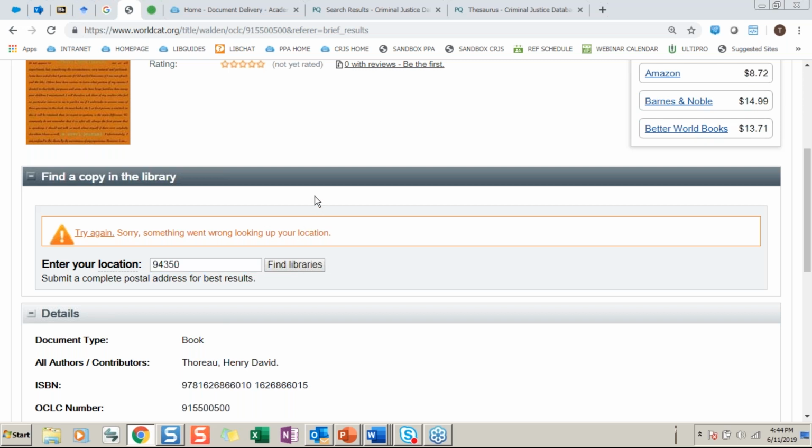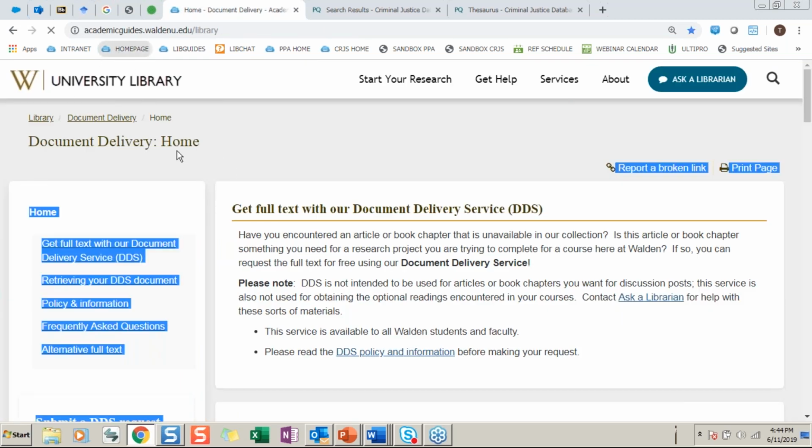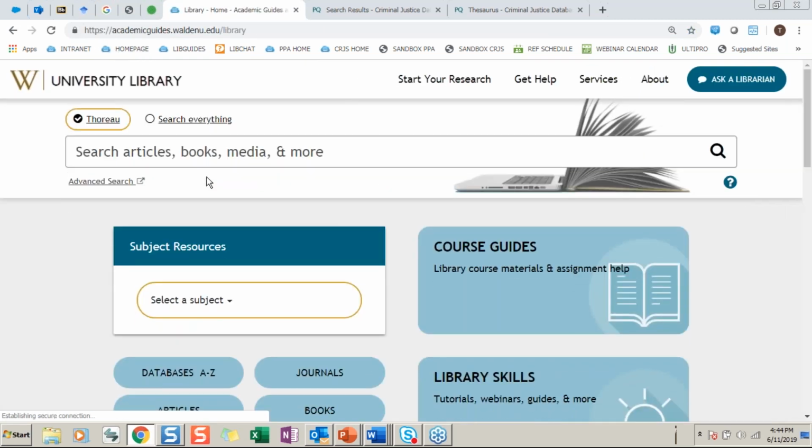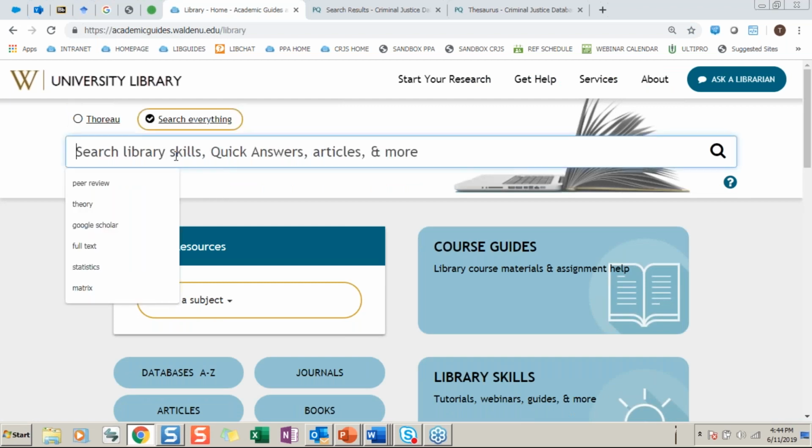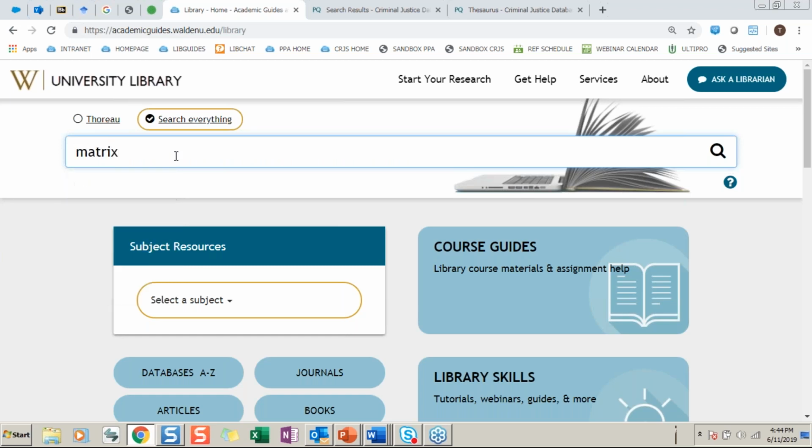Okay, so let's go back to the home page. Really quick, I want to just mention a few tools that we recommend to stay organized as you collect literature. One is called a literature review matrix. So I'll just use the term matrix